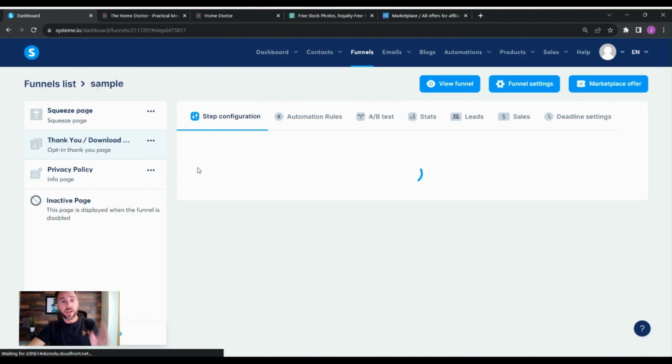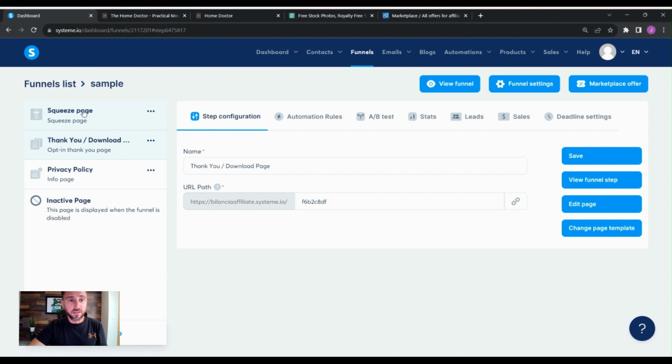All right. So what happens is, the squeeze page, right? This is the opt-in page. This is the one you'll grab this link for, and you put this once again into your TikTok, into your Instagram, wherever it is that you want people to look at it. It could even be Pinterest, wherever you're looking. Put the link in there, and then when they click on that link, they're going to see